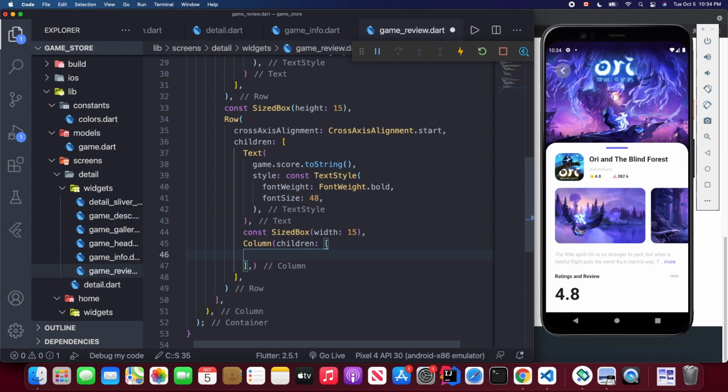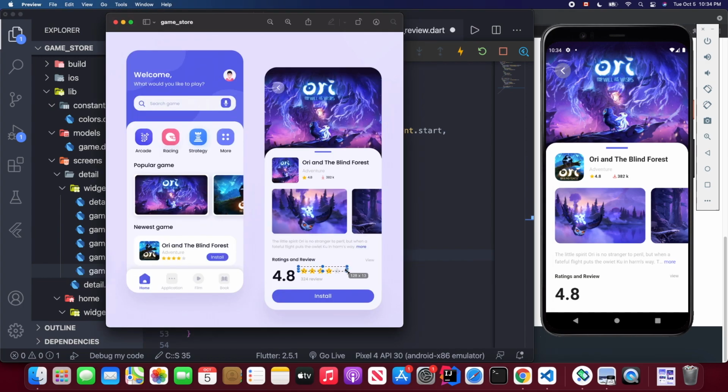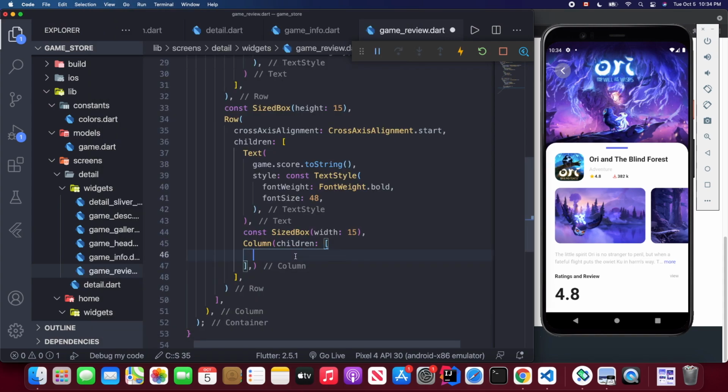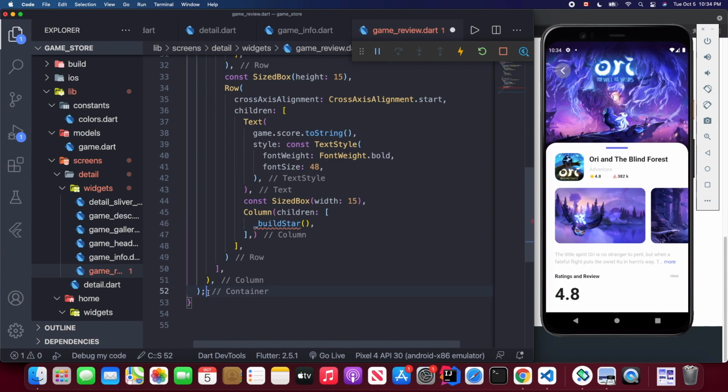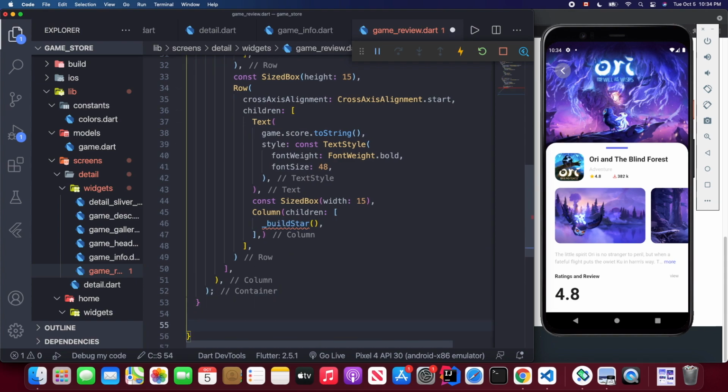So inside the column widget, we're going to write a function which returns this star. So I'm going to call it buildStar. Right. Okay. So we're going to implement a method. Okay, it's a widget. Return a widget. I'm going to call it buildStar,